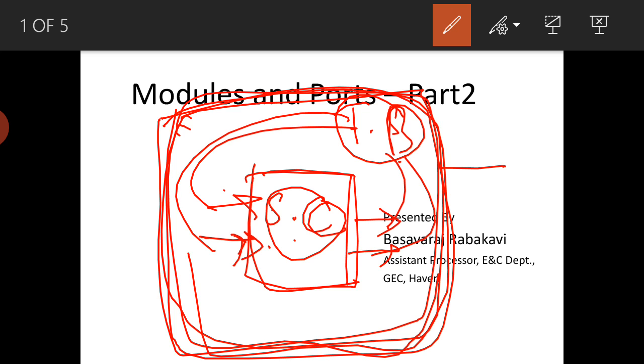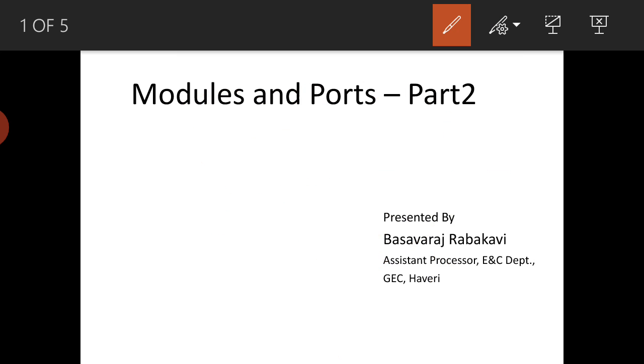It's not external. Only in the test bench will they be declared as inputs and outputs. So this is how we need to follow. We need to declare the reg and wire with respect to the different modules when we are connecting.